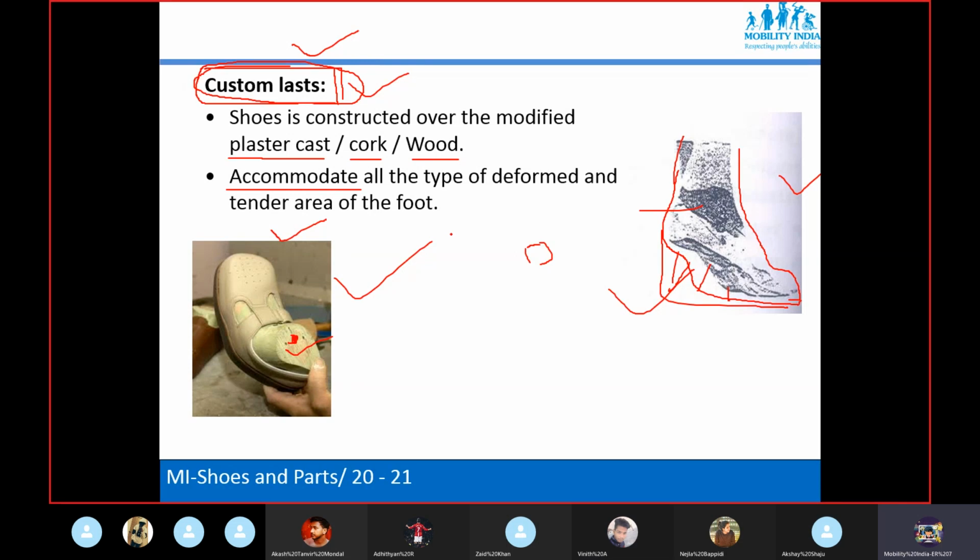Yes, sir. If fixed, to accommodate means just maintain the same shape, no need to make any changes. If flexible, then by applying force we can correct it and bring the foot to the neutral position. When you study biomechanics, you will know about force, pressure, area, stability, base of support.